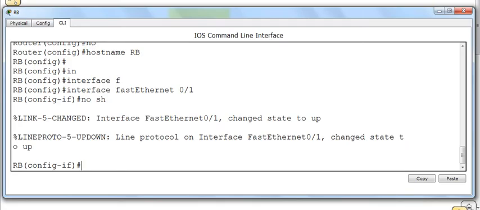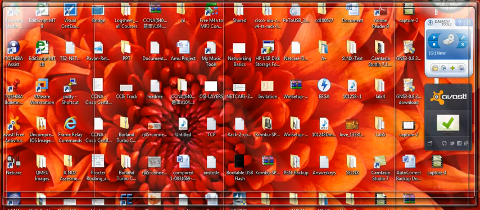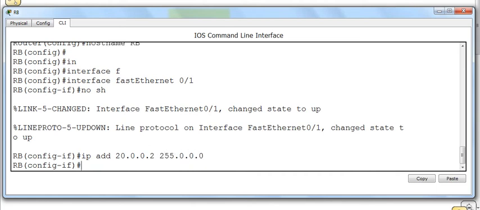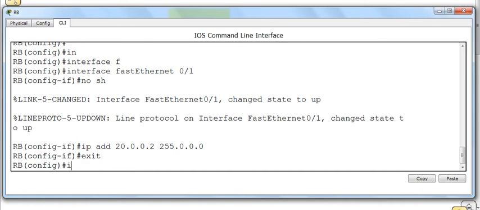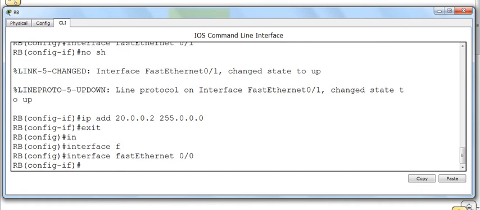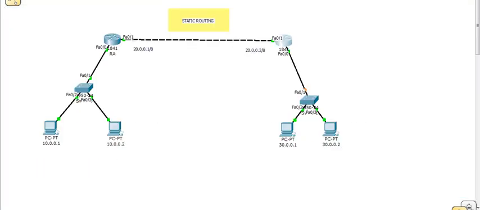Now let us do the same IP address configuration here. On 0/1, we are planning to give 20.0.0.2, 255.0.0.0. Interface FastEthernet 0/0, no shutdown. The IP address will be 30.0.0.3. Why?